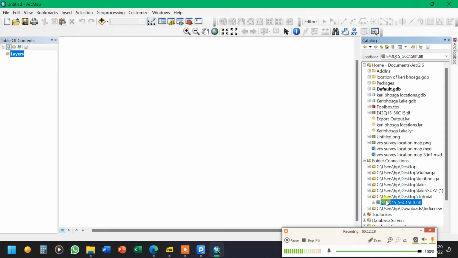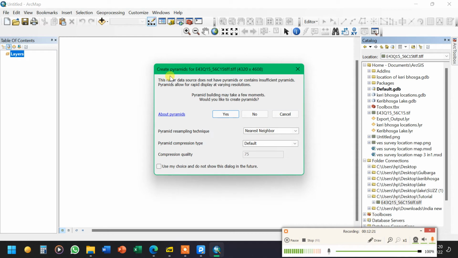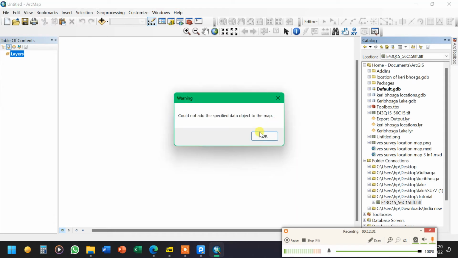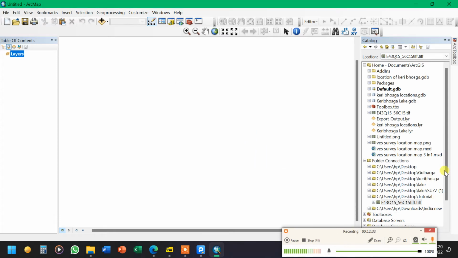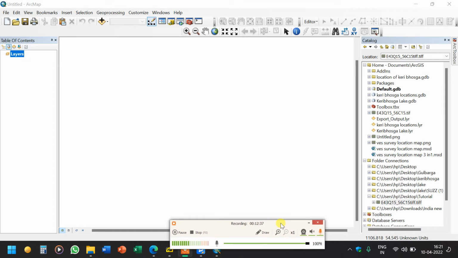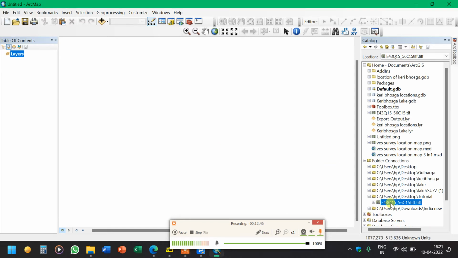So why can't I drag it here now? Let me show you. See what it is showing. This raster data source does not have pyramid or contains insufficient pyramids, which allow for rapid display at varying resolution. So right now we cannot add this photo here because it does not have any coordinate system. So first thing is we need to add a coordinate system to it, so that we will know which coordinate the photo is. So we have to click now, right click on this photo,